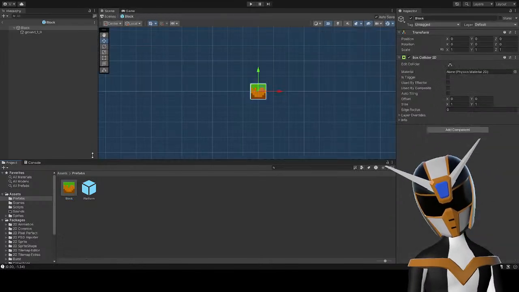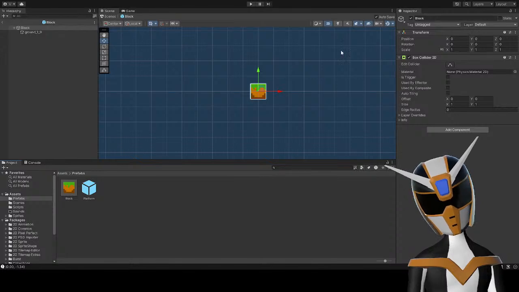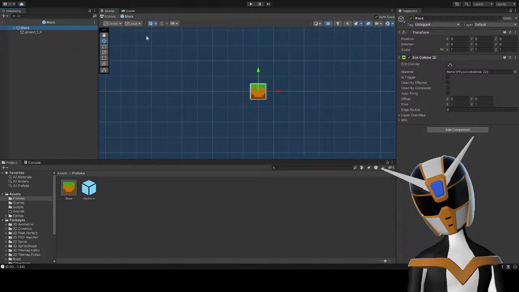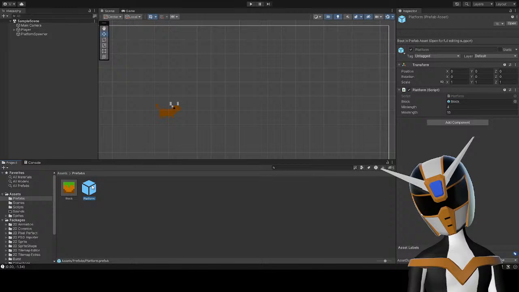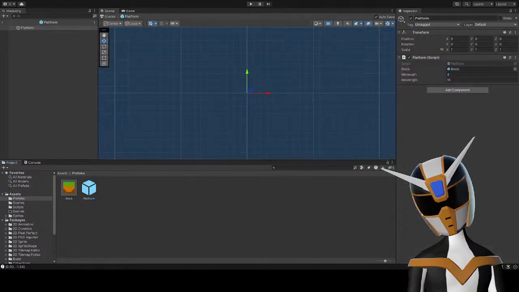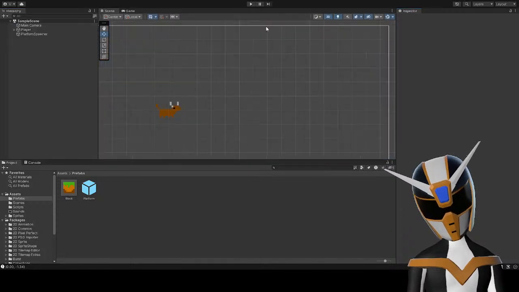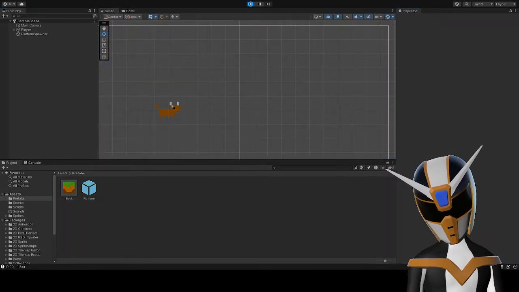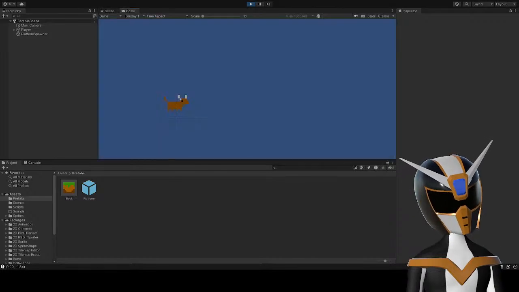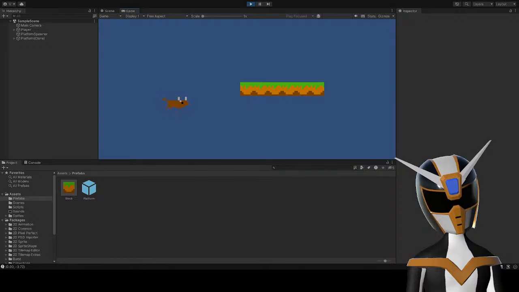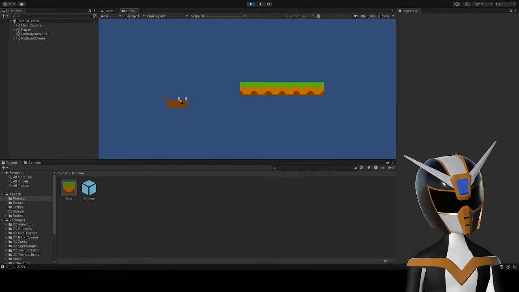Like, this is at 0, 0, 0. This is at 0, 0, 0. So that should be fine. Once again, this is at 0, 0, 0. It's not any of the problems that are being recommended in these Unity forum threads.